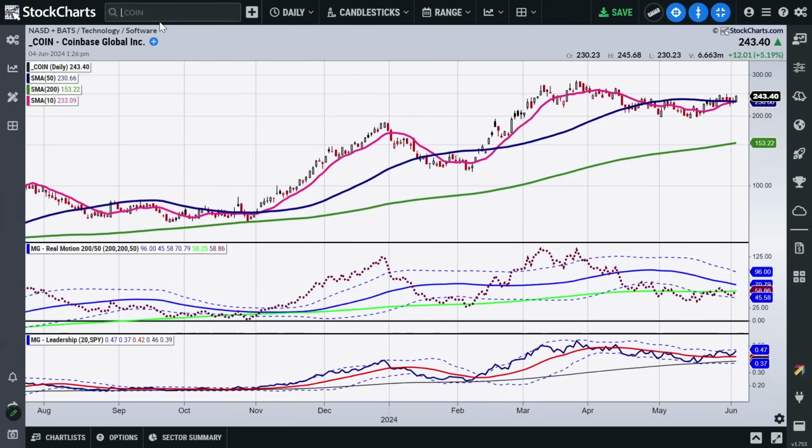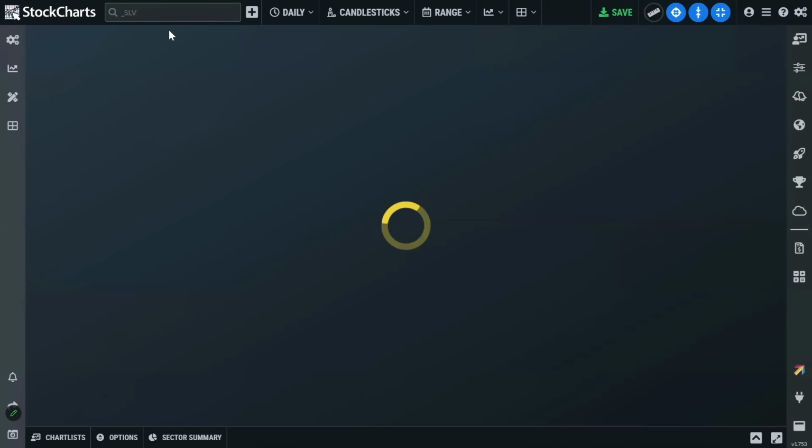Now, I wanted to talk to you about silver a little bit because, yes, it's a commodity. It's a commodity I still very much like. It's in correction. And if you looked at the cash chart, which we're not going to look at right now, we would say that $28.70 in terms of the cash price for silver is probably a good support. But we're going to look at SLV because most of you are going to trade it through the ETF.